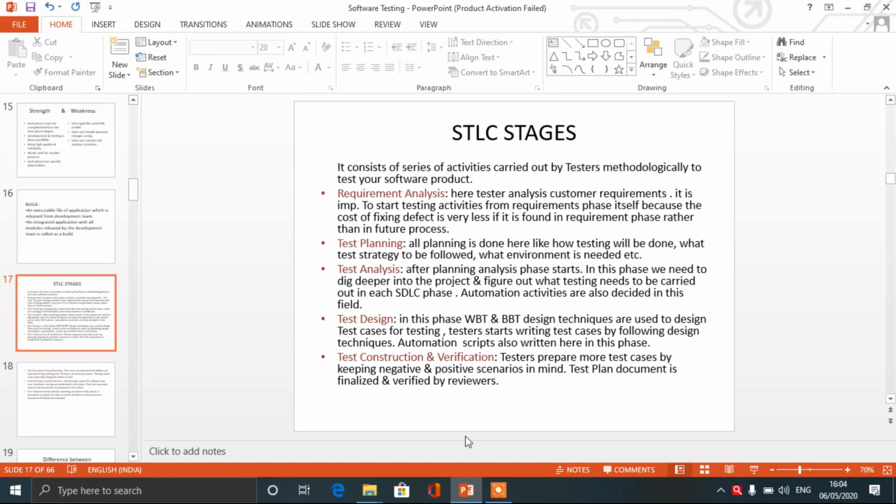It is important to start testing activities from the requirement phase itself, because the cost of fixing a defect is very low if it is found in the requirement phase rather than in a later process. In requirement analysis,